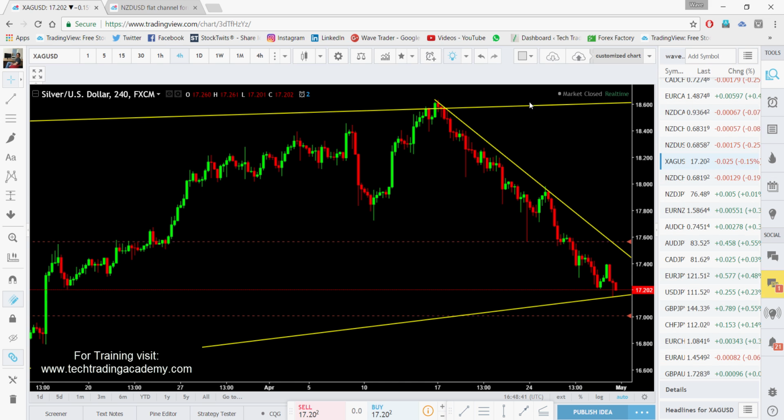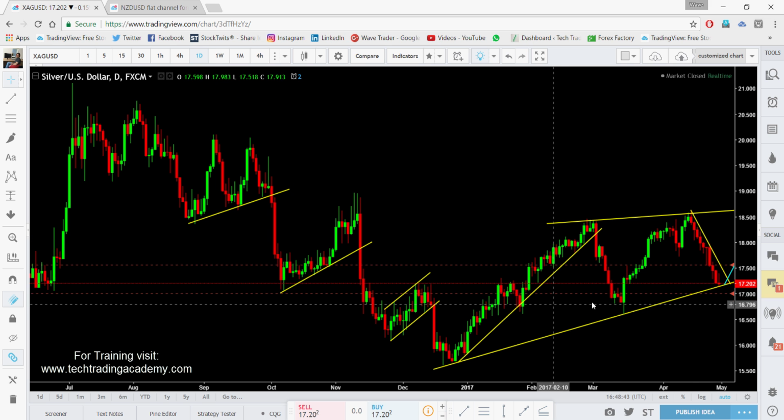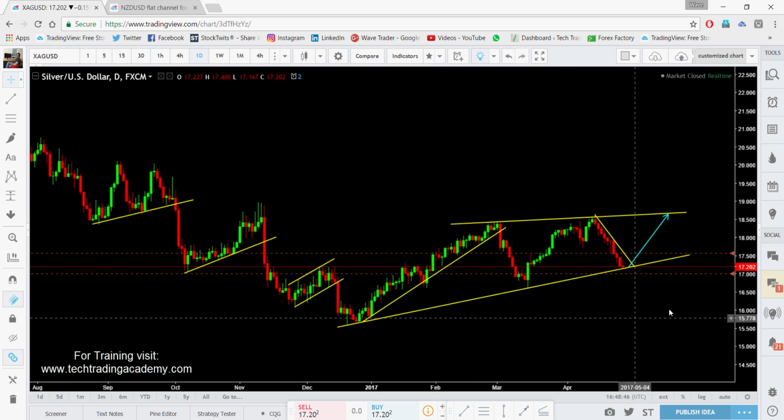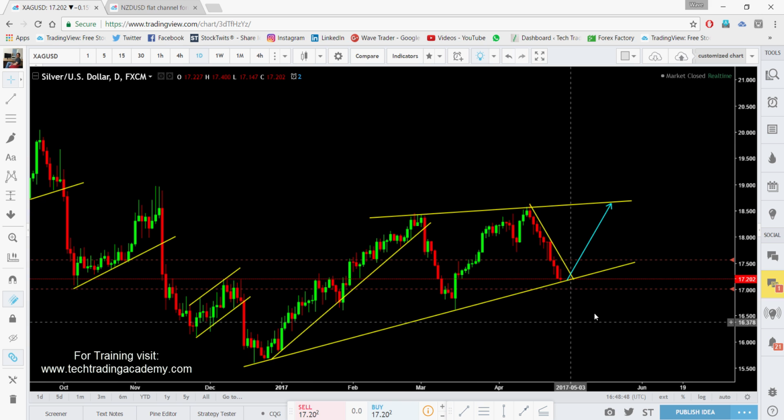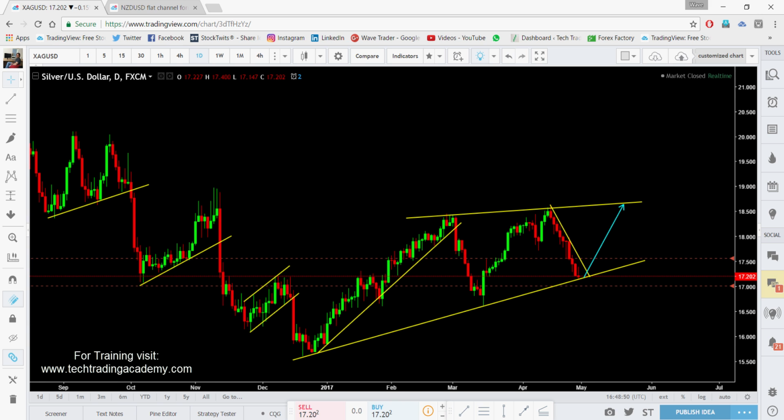And XAG USD is getting ready for upside. This trade setup. Alright, this trade setup. This pattern formation. Alright, so it can break down, fellows, it can hit this bottom, and then can start to rise. So how are we going to trade on this pair? How are we going to get the idea that it is going to break up? For that, we have to track lower time frame